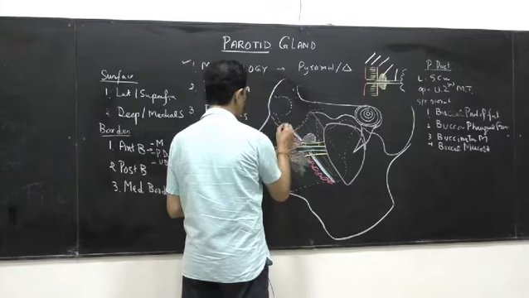So this is the gland. Second, we call the parotid fascia. The parotid gland has got two capsules, like the thyroid gland. One is the outer and one is the inner. One is the false capsule, the other is the true capsule, exactly what you have done in the thyroid gland.